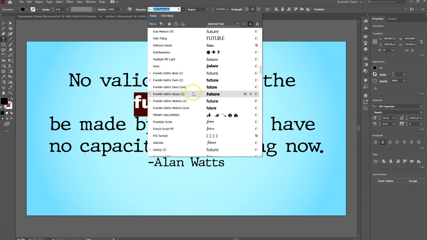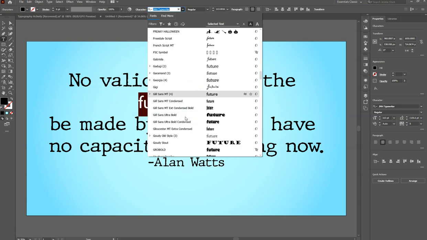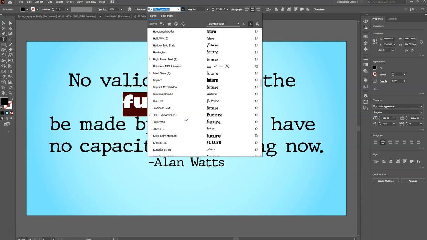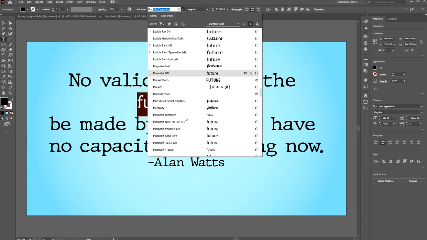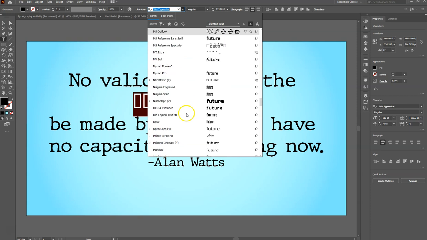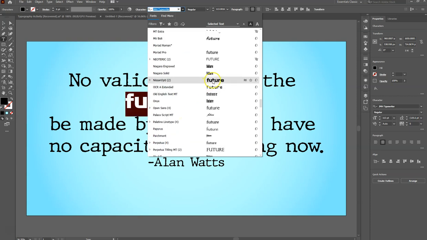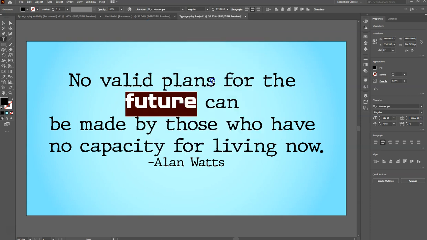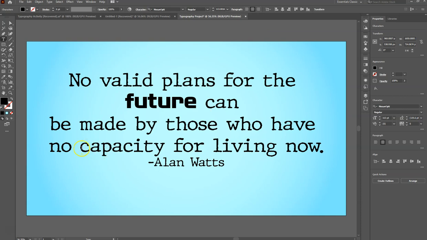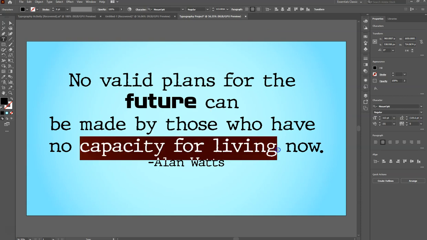I want it to be lowercase to fit with everything. Looking, and again, depending on what your words are and what you want to communicate through your project, you can kind of adjust that. You can choose a font that's appropriate to what that is. I'm going to actually also